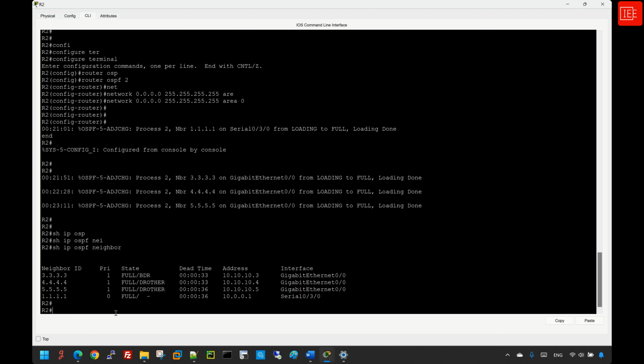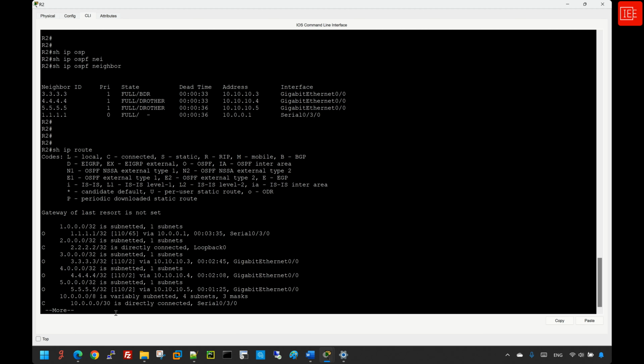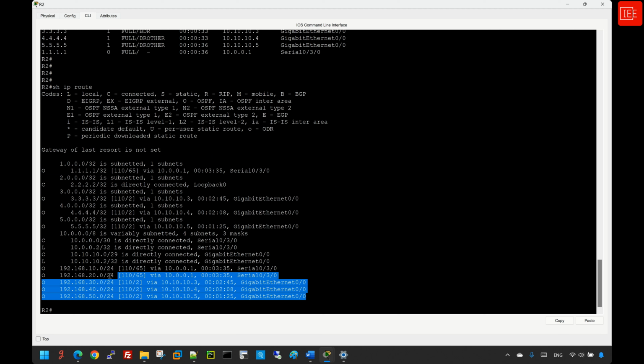So if I were to then reveal the routing table to check if we have received all networks from our topology, let's do that. So I'm going to say show IP route. If we were to examine the last 5 entries, we can see that these entries have been learned via OSPF, as you can see the O sign from the left-hand side. And you can see the network IP address is 192.168.10.0/24, as well as the 192.168.20.0/24. Both networks have been learned via router 1, and you can see to reach them, you have to use